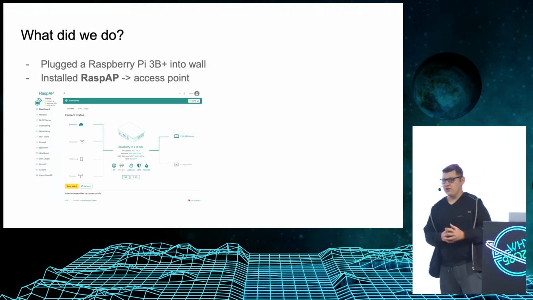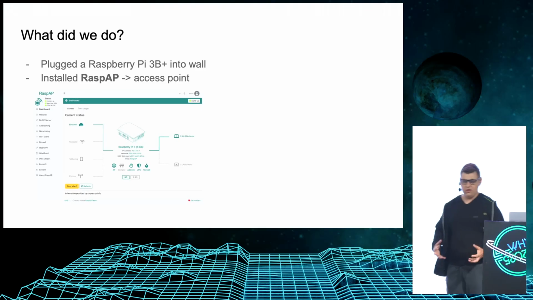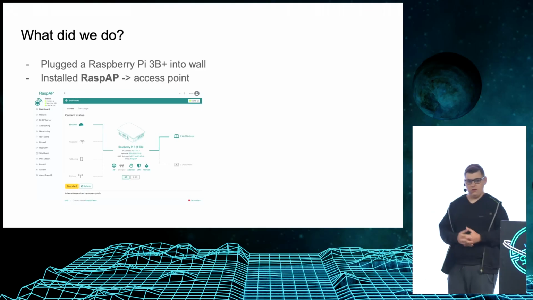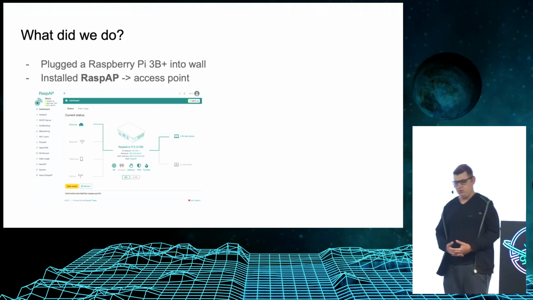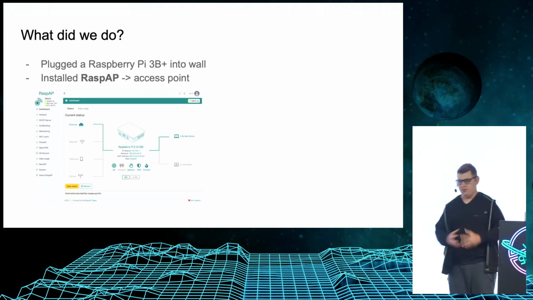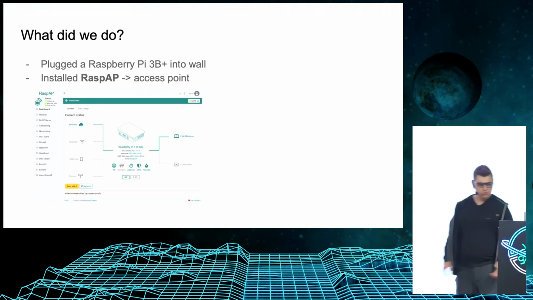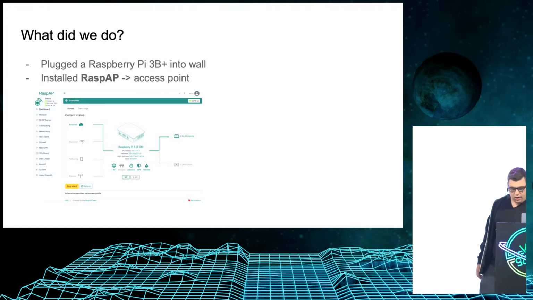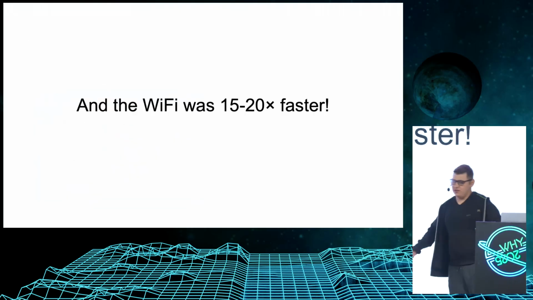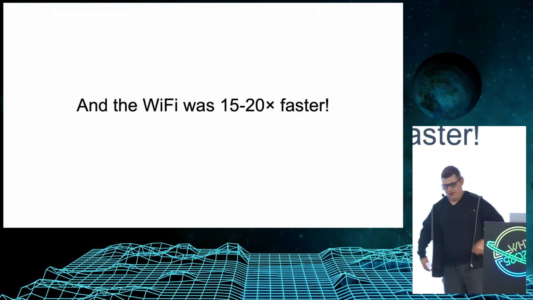We brought a Raspberry Pi, we plugged it into the wall, and we installed Raspberry Pi on it. Now, Raspberry Pi is its access point software that turns a Raspberry Pi into an access point. It gives you a nice dashboard that you can monitor everything from. It was really good, really easy to set up. And yeah, we configured all of that, and the Wi-Fi was 15 to 20 times faster, consistently, which was really